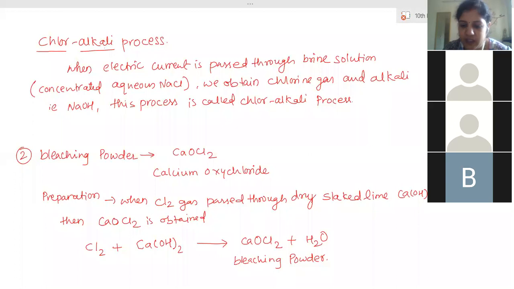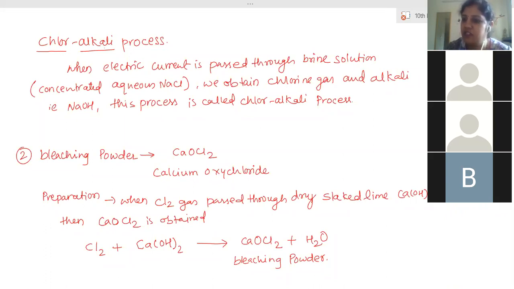Those colored pigments react with chlorine and get converted into some other form. So they are not there in their native state, which means they will not impart their original color. That is decolorization. If there is a red color pigment, the chemical which provides the red color, then whenever the cloth is mixed with chlorine, bleaching powder, the chlorine gas comes out and combines with the color pigment. The pigment is a chemical, so it combines and gets converted into some other form.